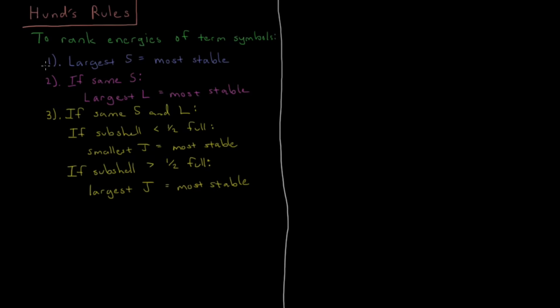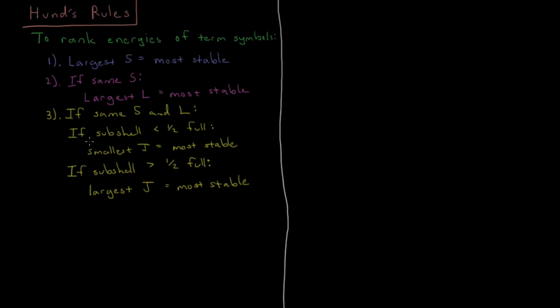So these rules are, first you look at S, the spin angular momentum. The largest S is the most stable state. If there are multiple term symbols with the same S, then the one with the largest value of L, the largest orbital angular momentum, is the most stable among states with the same value of S. Among states that have the same value of S and L but differ in their value of J,